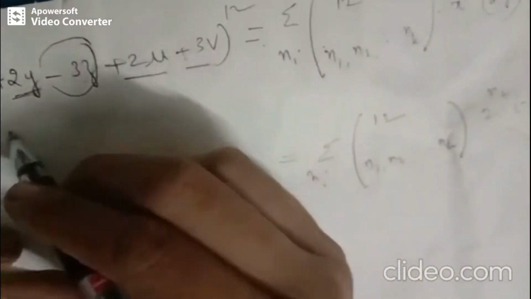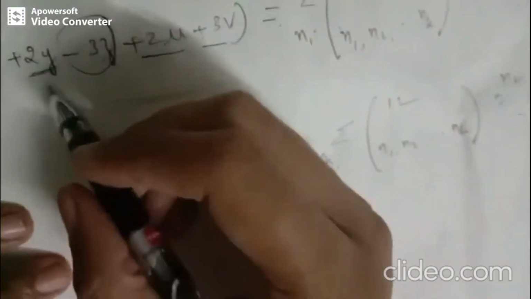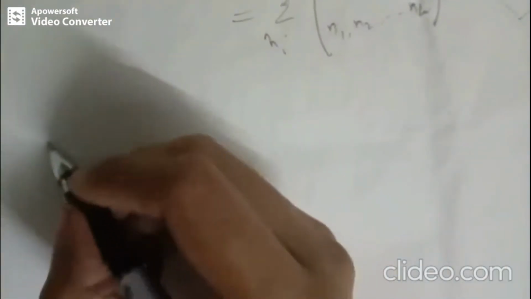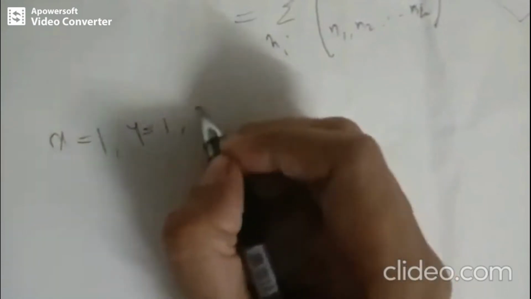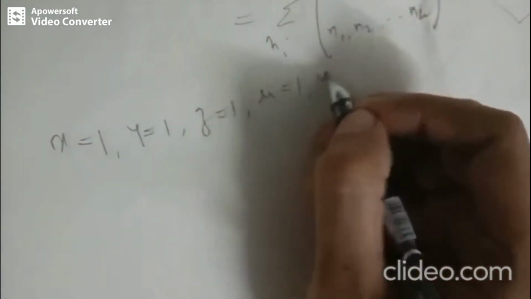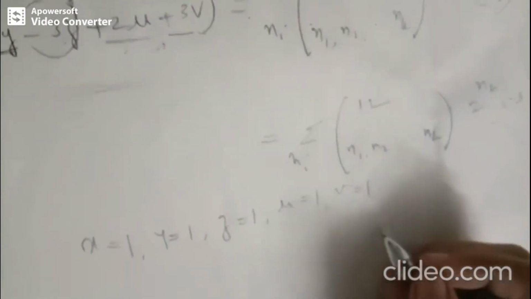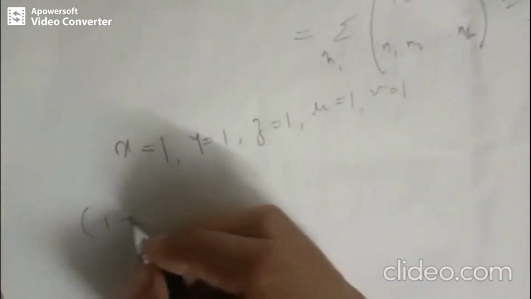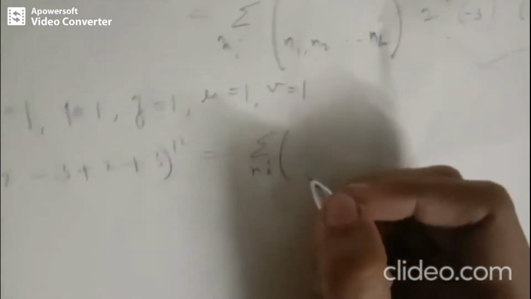So we are supposed to find the sum of the coefficients, that is we are going to find out the value. So this represents the sum of the coefficients. Basically we need to substitute the value of all these x, y, z, u and v as 1. So now let's start substituting, taking x is equal to 1, y is equal to 1, z is 1, u is 1 and v is 1 over the term. So what we get is 1 plus 2 minus 3 plus 2 plus 3 whole raised to 12, which is nothing but summation of ni into